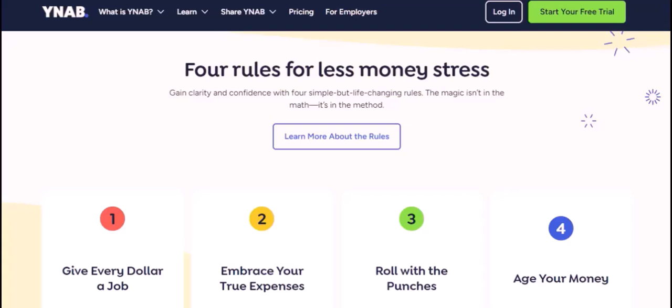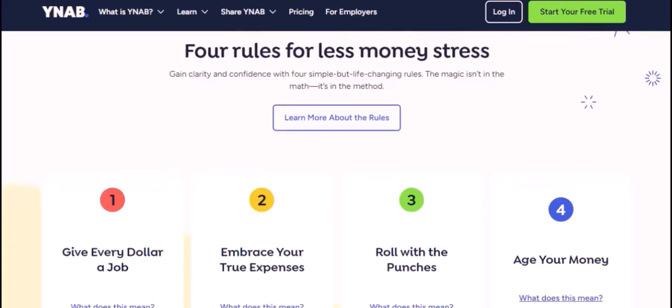By following these steps and utilizing YNAB's powerful features, you can take control of your finances and achieve your financial goals. Remember, every dollar has a job. Give it a job that aligns with your